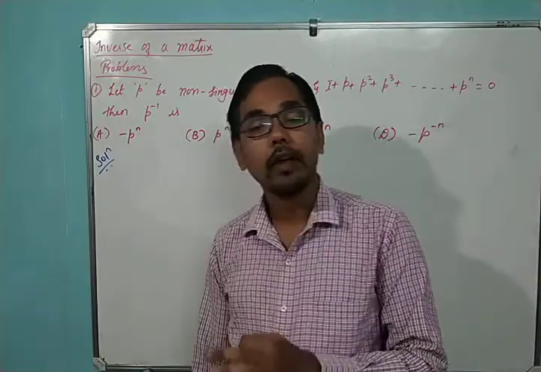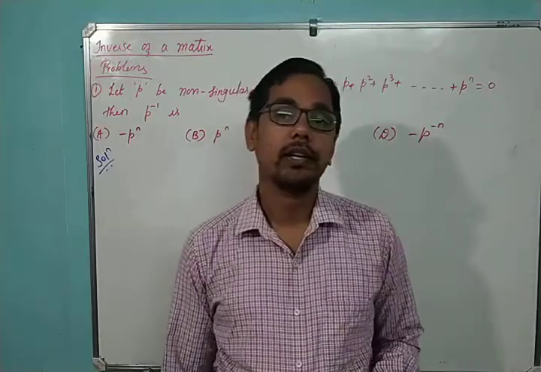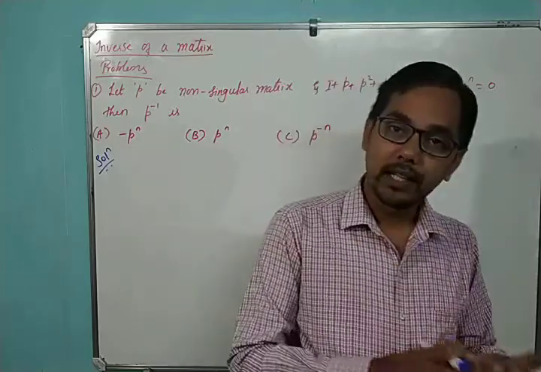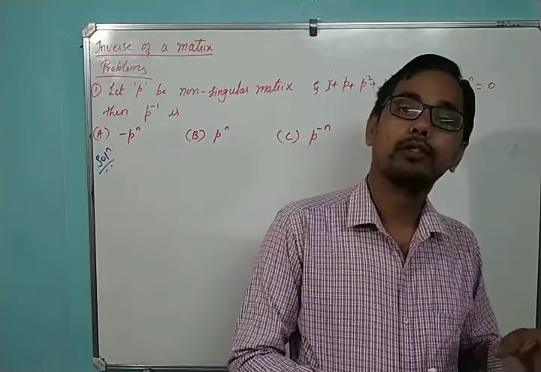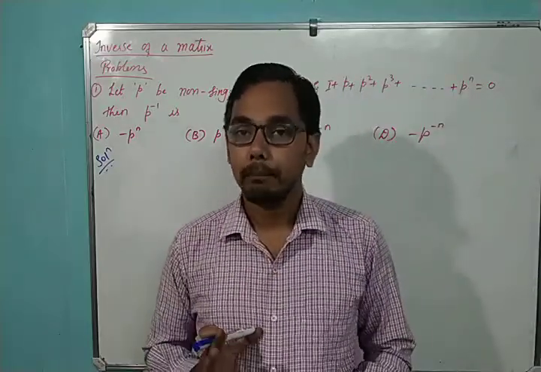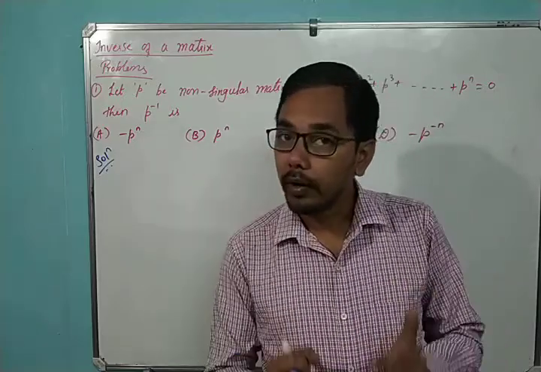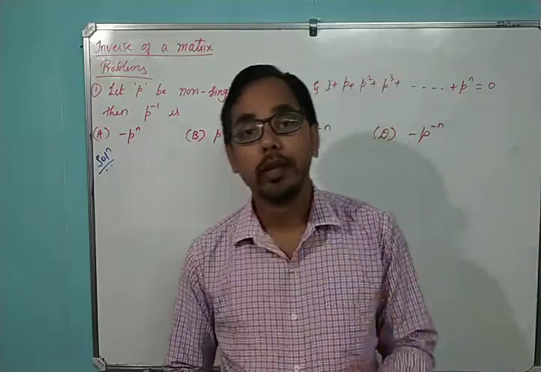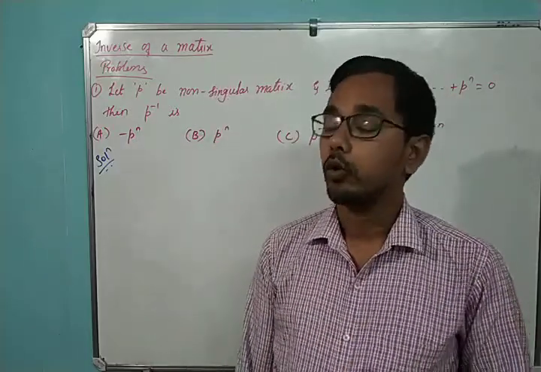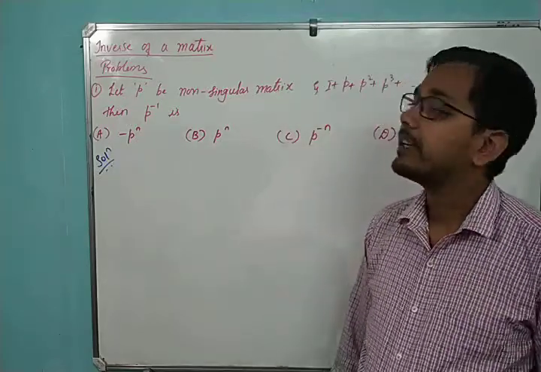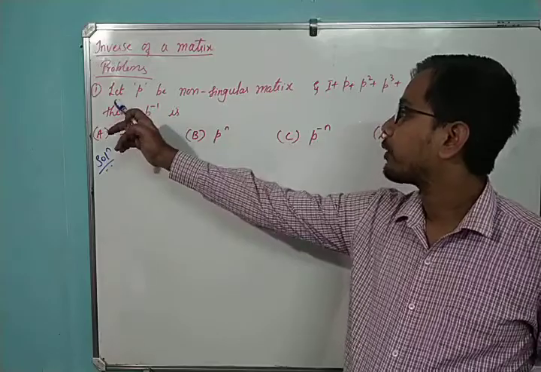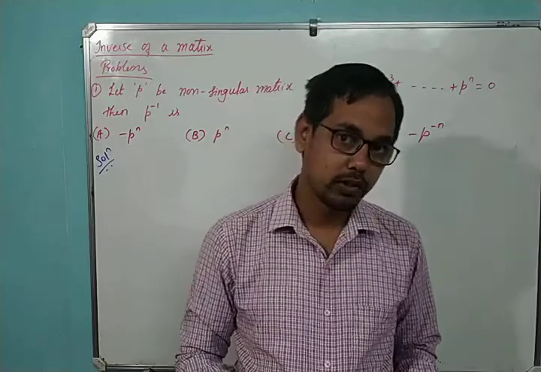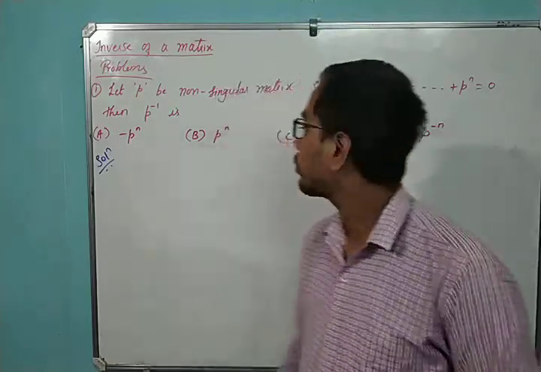And in the last video we have seen that if any matrix is non-singular, then its determinant will not be equal to 0. If the determinant is not equal to 0, then there exists an inverse for that particular matrix. Why? Because A inverse is 1 over determinant A into adjoint A. So in the denominator we have determinant A, which should not be equal to 0. So if determinant A is not equal to 0, then it is a non-singular matrix. So what they have given, P is a non-singular matrix. As P is non-singular, its determinant is not equal to 0. Hence P inverse exists for this. This was about the first condition.